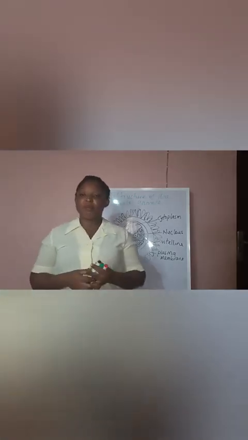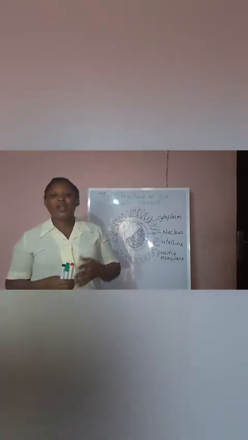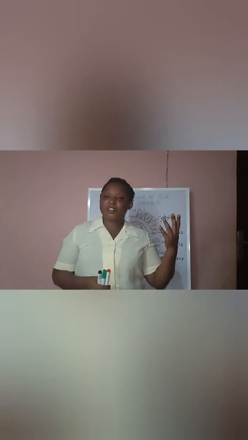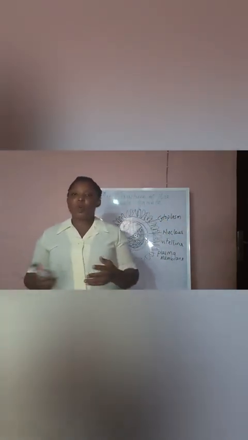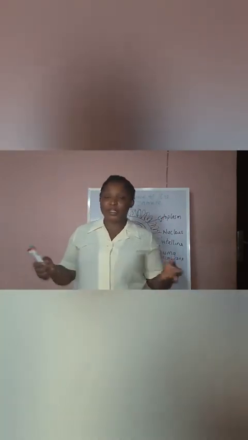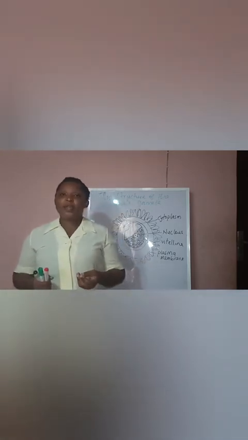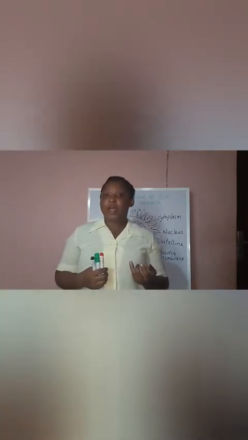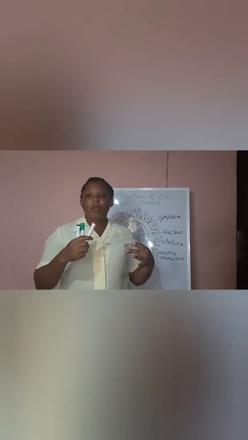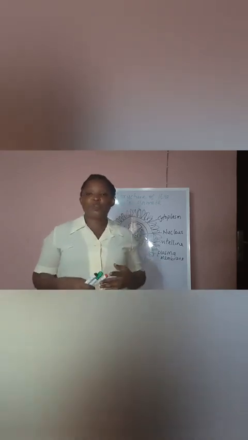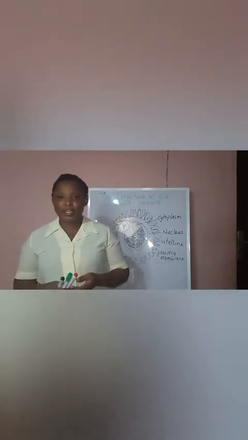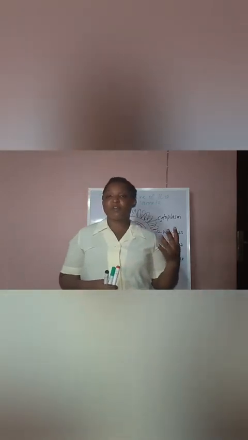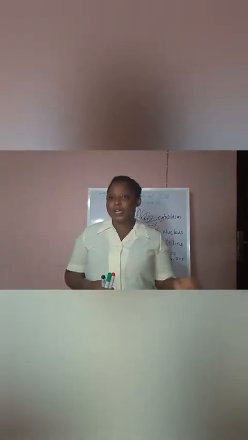In the female reproductive system, the cervix is present, while in the male reproductive system, the cervix is absent. In the female reproductive system, there is no Cowper's gland, no prostate gland, and no seminal gland. In the male reproductive system, we have the Cowper's gland, the seminal gland, and the prostate gland. In the female reproductive system, we have the Bartholin's gland. In the male reproductive system, we do not have the Bartholin's gland.